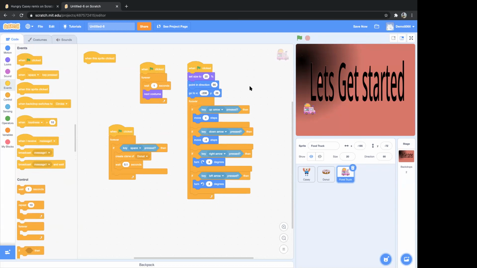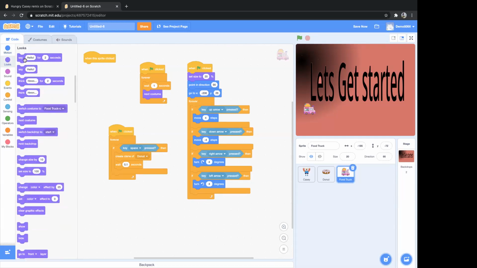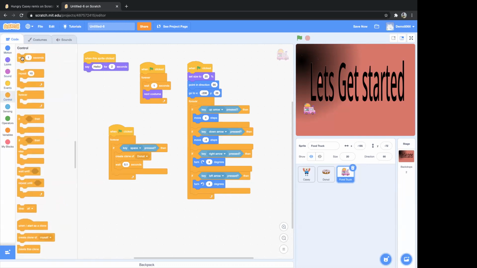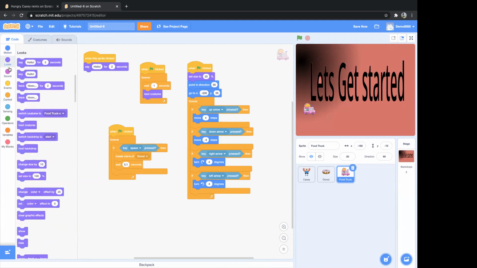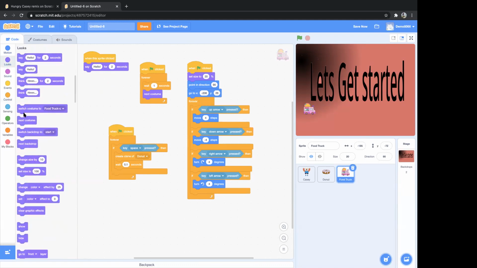So you could go to looks and use the say block. Then let's make it wait some seconds, and then you could broadcast a message.